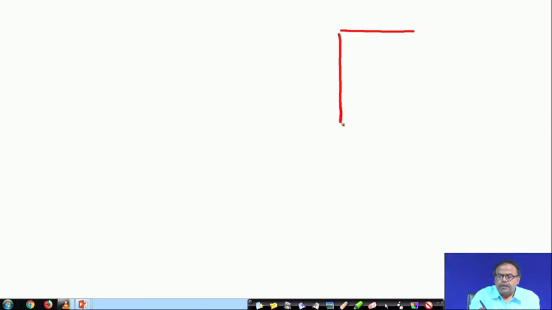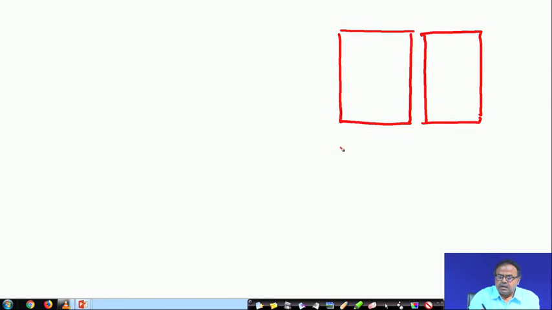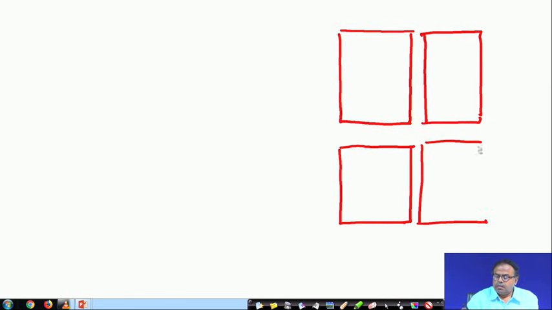To understand the concept of a pointer, suppose there are different things written in different pages of the book, all right. There is one page, this is another page, this is another page, and this is another page. Each of these pages has a page number.